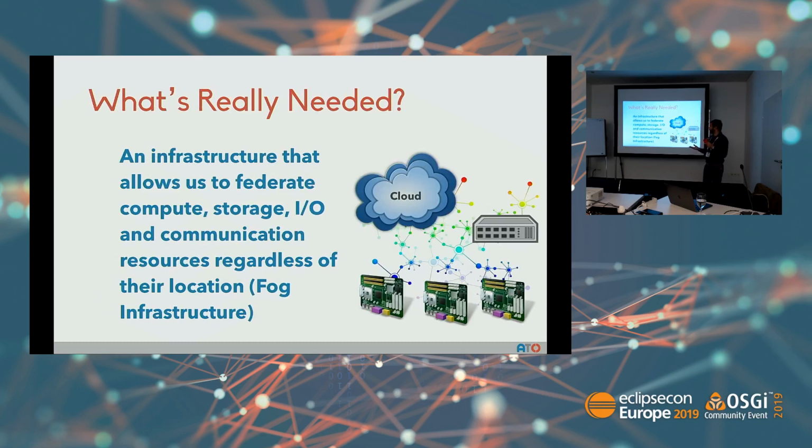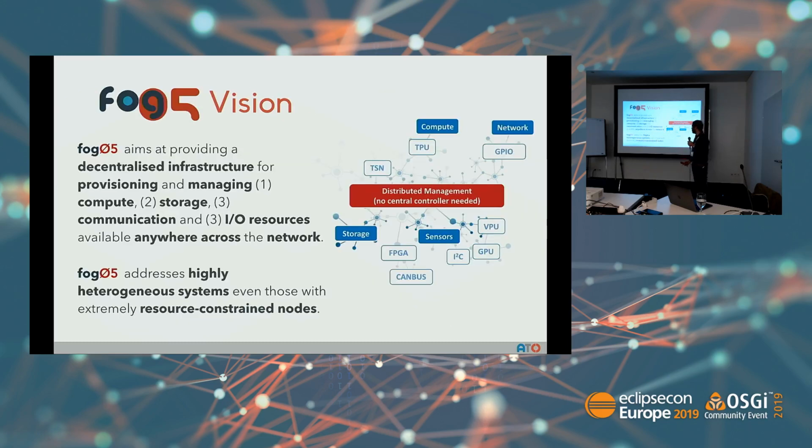We think that what is missing and what we need is something that can abstract this heterogeneous world and provide a homogeneous abstraction from the cloud to the edge devices, directly to the things. So have something that can abstract the fact that you are dealing with a very heterogeneous infrastructure in terms of networking, computation capabilities, and so on, and expose to the developers and to the user just a simplified API in order to manage all this. And this is why we came up with fog05.